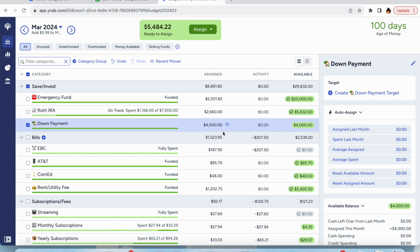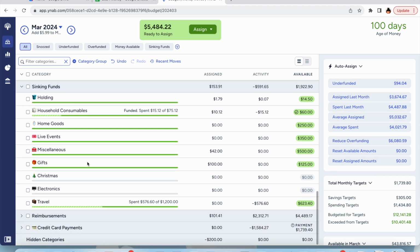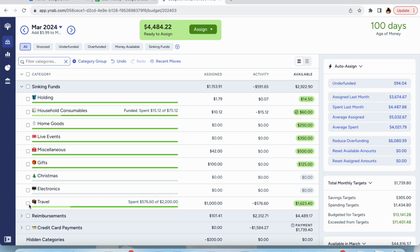but in case I do, I'll come back to it. So we're gonna hop on down to my sinking funds. As you can see, I've been spending out of my travel category, so I need to start replenishing this. I'll go over this in my March wrap up, but we booked a trip and I'm very excited. $1,000 to travel, to start bringing that up,